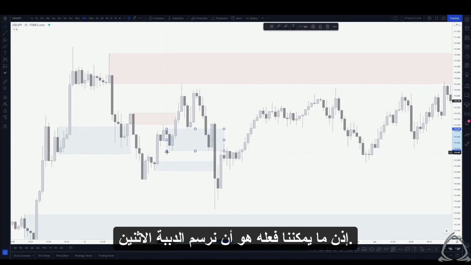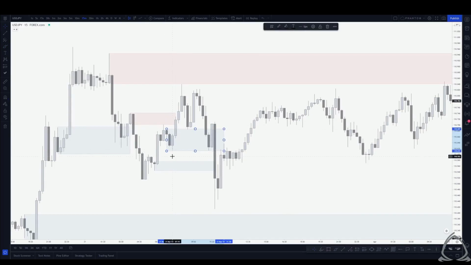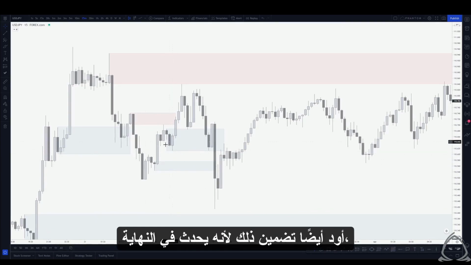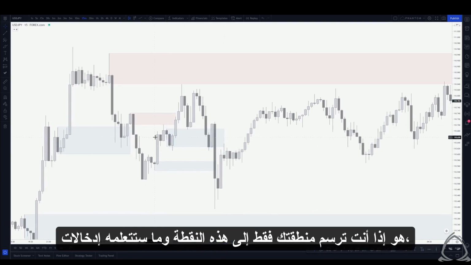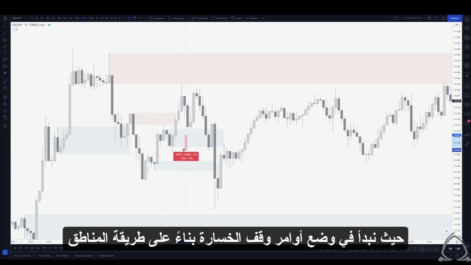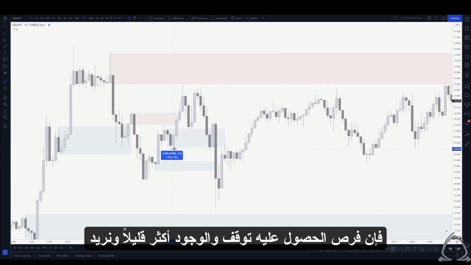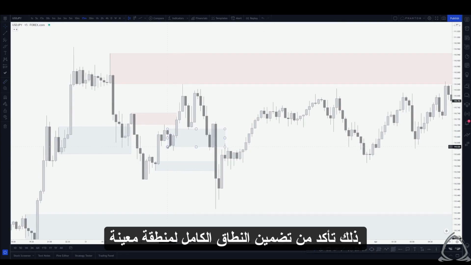So what we can do is we can just map out the 2 bearish candles. Now, if we have an instance where there's a lower wick on the next candle, I like to also include that, because what ends up happening is if you only draw your zone to this point, and what you'll learn in entries is we start to put our stop losses based on the way the zones are positioned. And if we have our stop loss sitting here, the chances of getting stopped out end up being a little bit more increased,